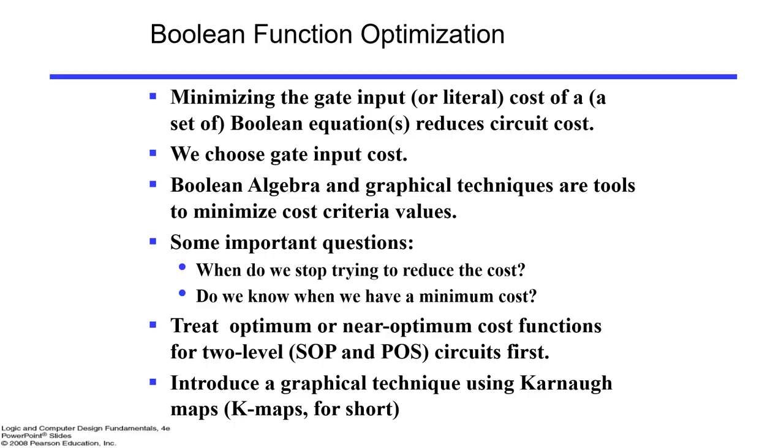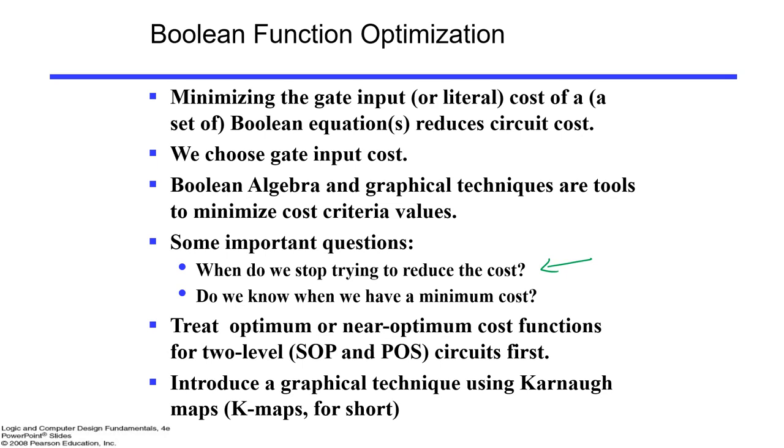Now a few problems we have seen. First problem: when do we stop? Why do we want to look into that? If you have a very complex circuit and try to do it manually, it's very difficult. Ultimately you have to write a program that can optimize your circuit. Manually you cannot do more complex optimization. So there should be some procedure that you can apply to compute the optimized function.